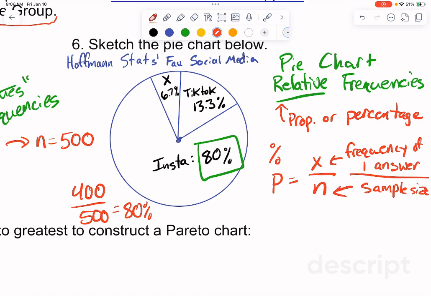So to find the percentage of people who like Instagram, I would just do 12 divided by 15. And if you do that in the calculator, you get 0.8. And then we need the percentage of that. So multiply by 100. And that gives us 80%.